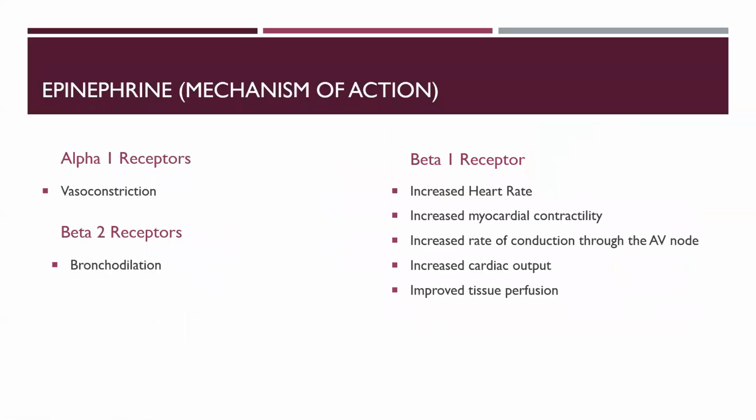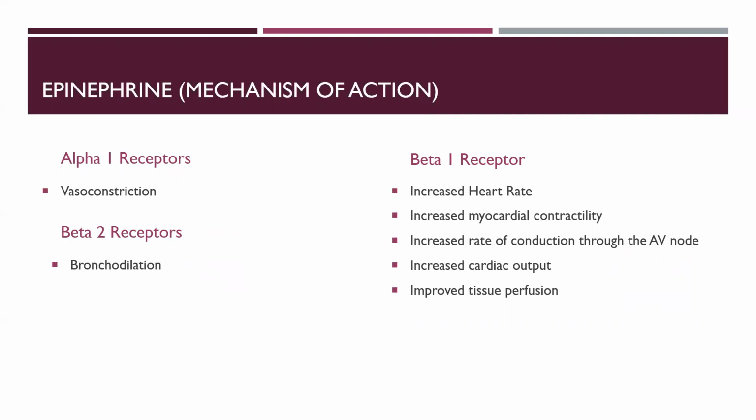So we're going to start with our epinephrine. With a lot of these medications, it depends on the amount that you give. So you'll see this a lot with our cholinergic drugs when we get into chapters 20 and 21, and with these adrenergic drugs, is if I give more of the drug, I might have a more alpha response, or I might have more of a beta response. Each of the drugs is different when it comes to that. So with this epinephrine, if it's given, it can be both alpha 1 and beta receptors. So alpha 1, it's going to cause that